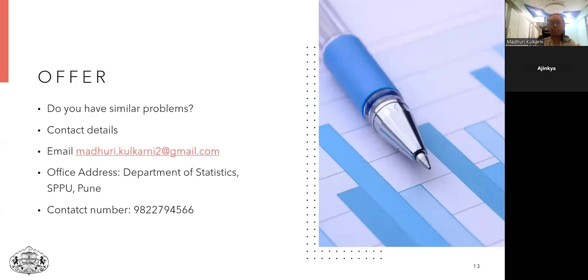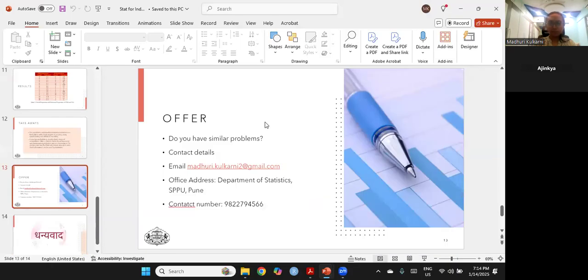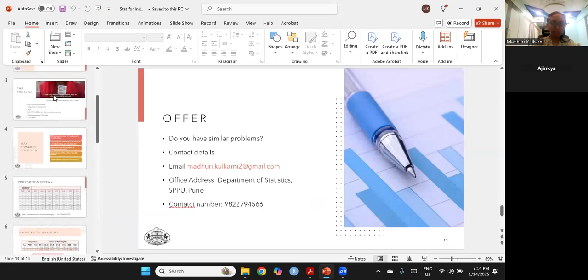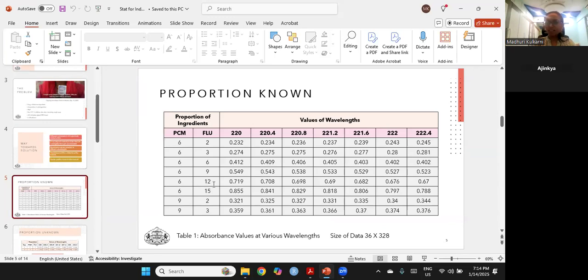So here I end my discussion. Hello, yes, please ask. One question: if you take a drug, let us say the drug composition is fixed at 6:12 of two proportions. In actual practice, will it not be 6:12 only when they are manufacturing? No. These mixtures were created in the lab, no? Actually, we don't know what the proportion is.